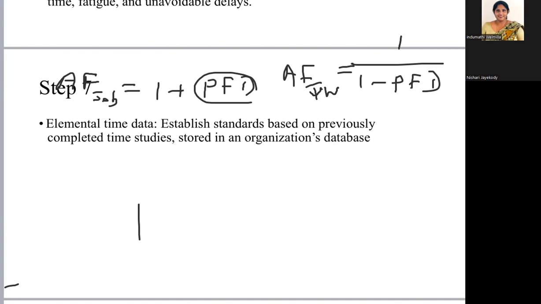So many jobs consist of the same work elements. For example, in any job, the operator has to reach the materials, position, and time, or insert specific things. So instead of recalculating the time it should take to do a particular work element,